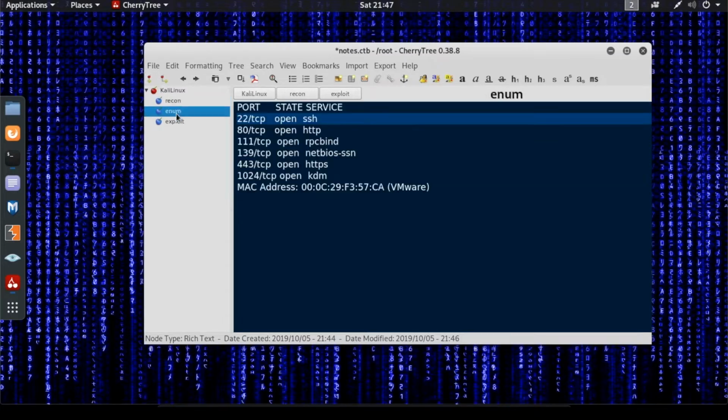Let's see, what else is running there? HTTP traffic is flowing through port 80, so that generally indicates some sort of web server running. It's probably Apache web server, which is pretty popular for serving up files. What we might want to do is actually open up a browser and try to investigate this and see what type of web pages are being served up. RPC bind, NetBIOS SSN, HTTPS,